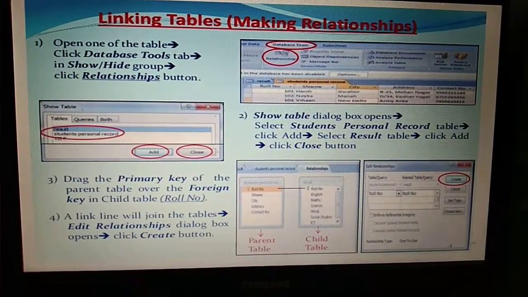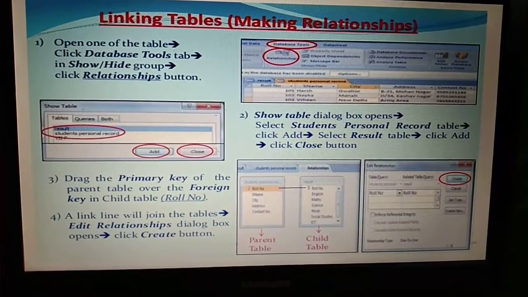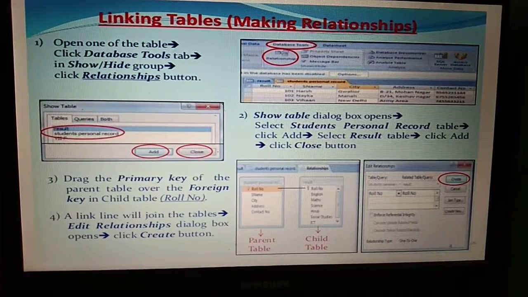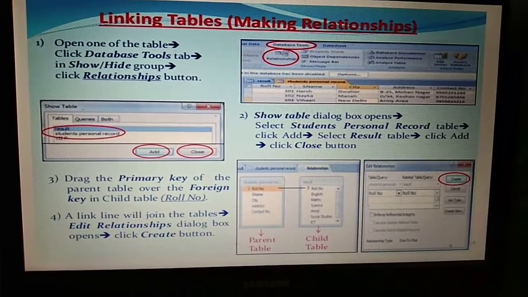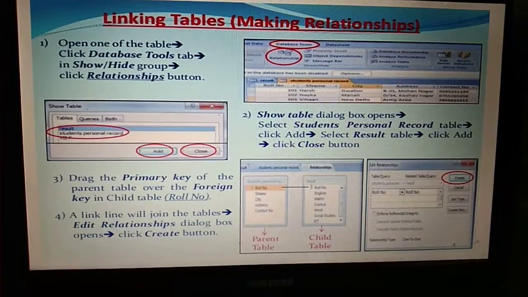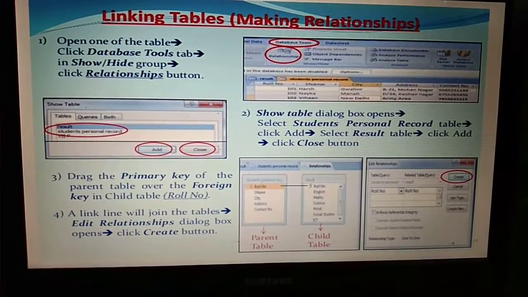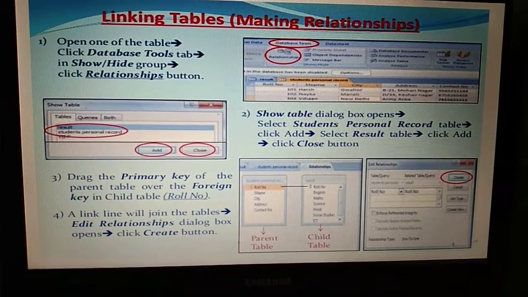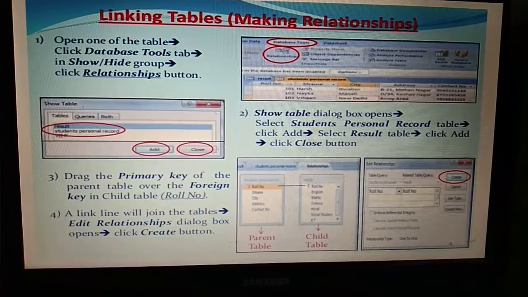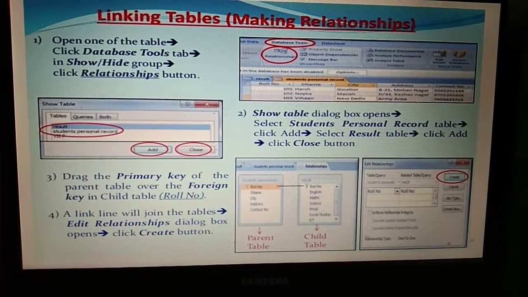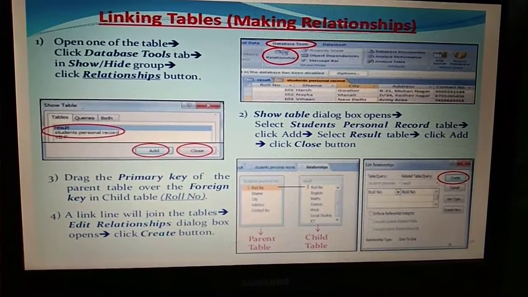After that, drag the primary key of the foreign table to the primary table. After dragging the key, you can easily see that a cursor appears. This cursor shows the relationship between these two tables.